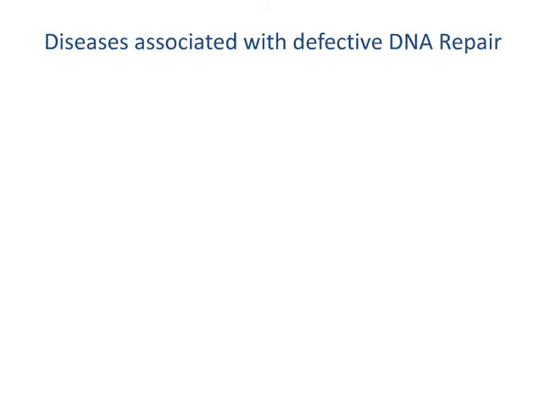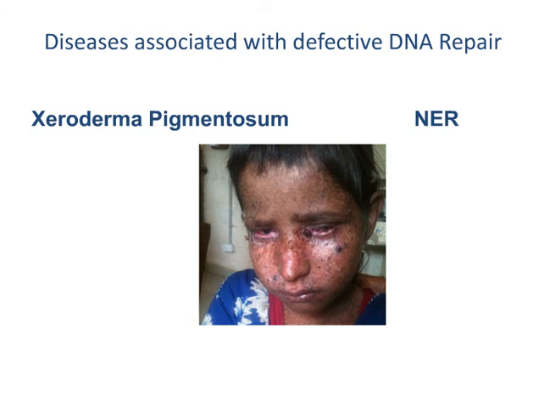There are several well-known diseases and disorders associated with defective DNA repair. All of these inherited disorders carry with them a predisposition for certain forms of cancers. For example, persons with xeroderma pigmentosum have inherited a defect in nucleotide excision repair machinery. Individuals with xeroderma pigmentosum have a predisposition for skin cancers due to the inability to repair UV-induced or sunlight-induced thymine